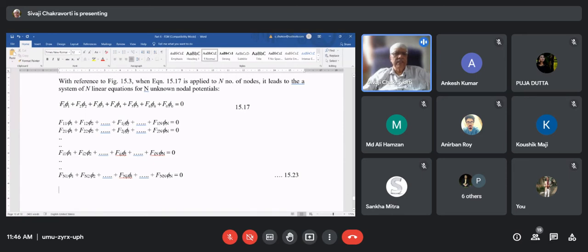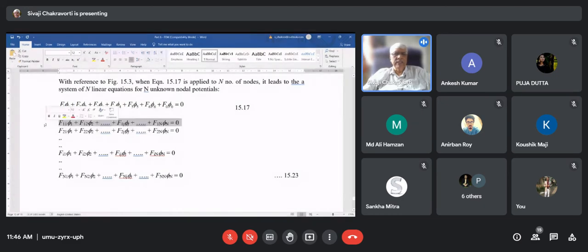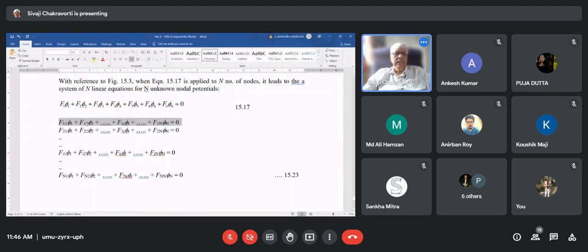Then instead of writing just F1, we are writing F11. Why a double subscript? That means 1 is representing the triangle number, the first one, and the second one is representing the node number. Now, if there are 1000 node potentials for which we are writing the equation, we will have 1000 equations. And therefore, when I write this entire system of equations, every row, please listen carefully. Every row, actually there are 1000 variables, phi 1, phi 2, etc. up to phi n.